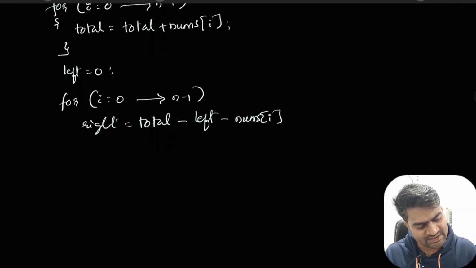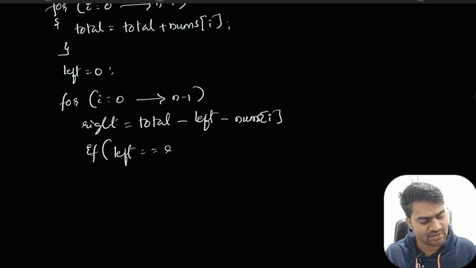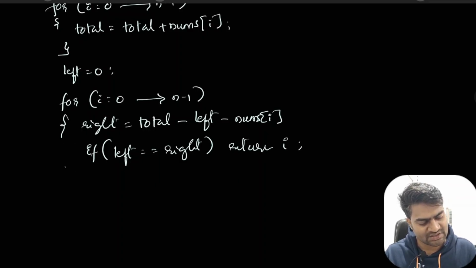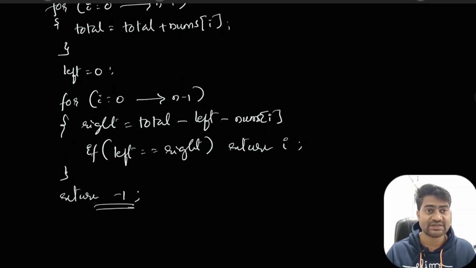Then after this, immediately I will check if my left is equivalent to right. Then we found the pivot. I will simply return i. If this is not the case, at the end I will simply return -1, which indicates we did not find